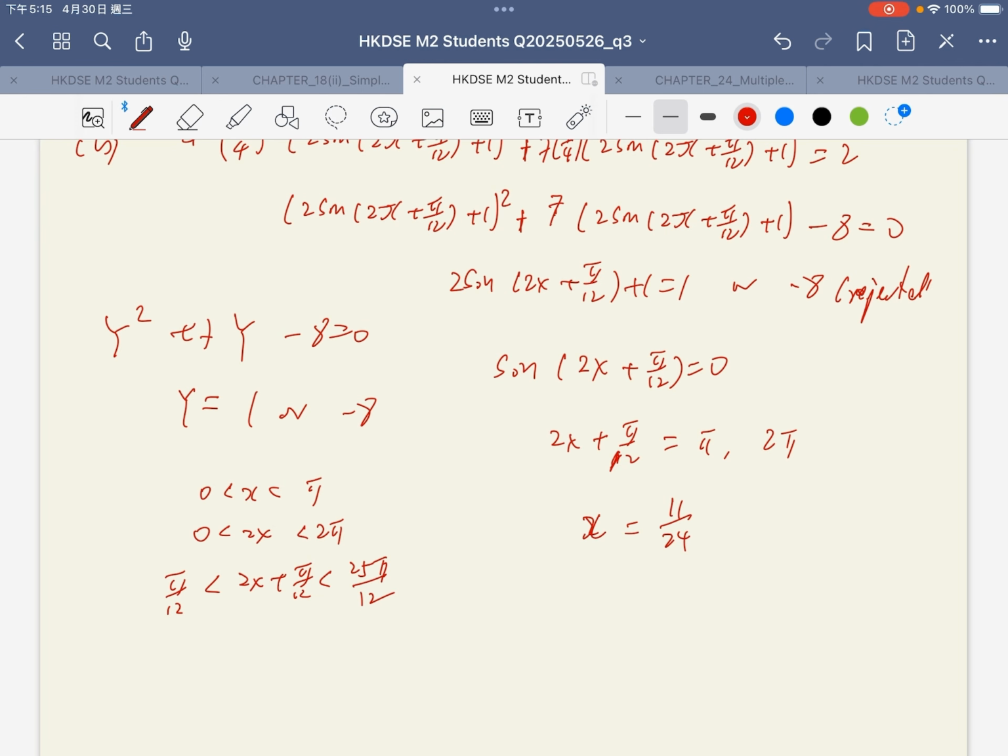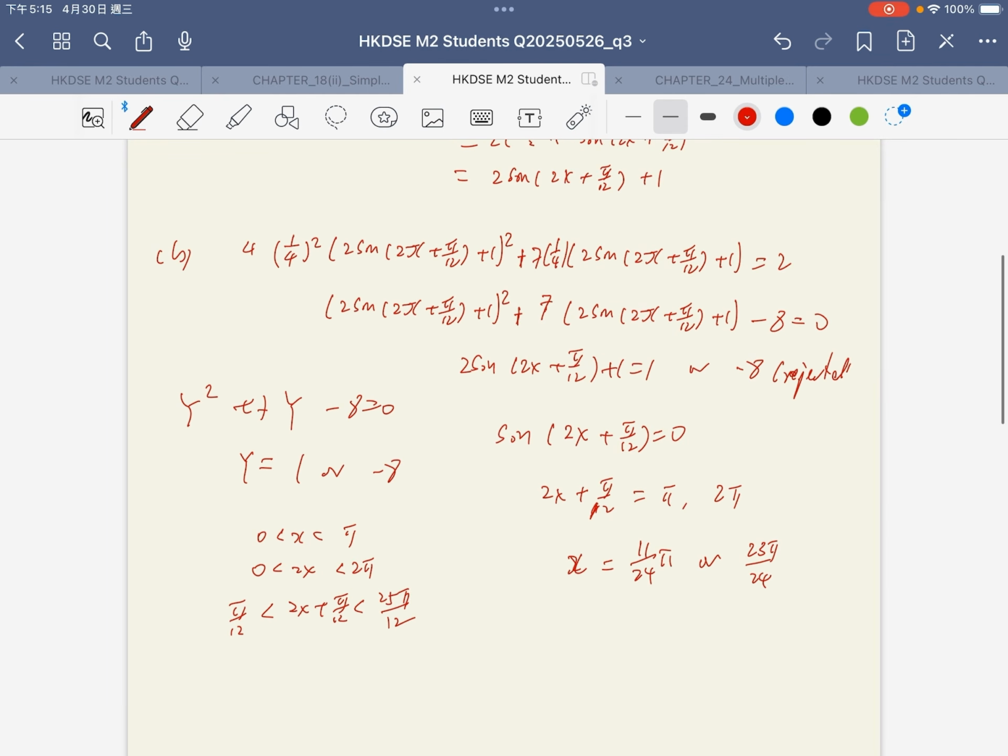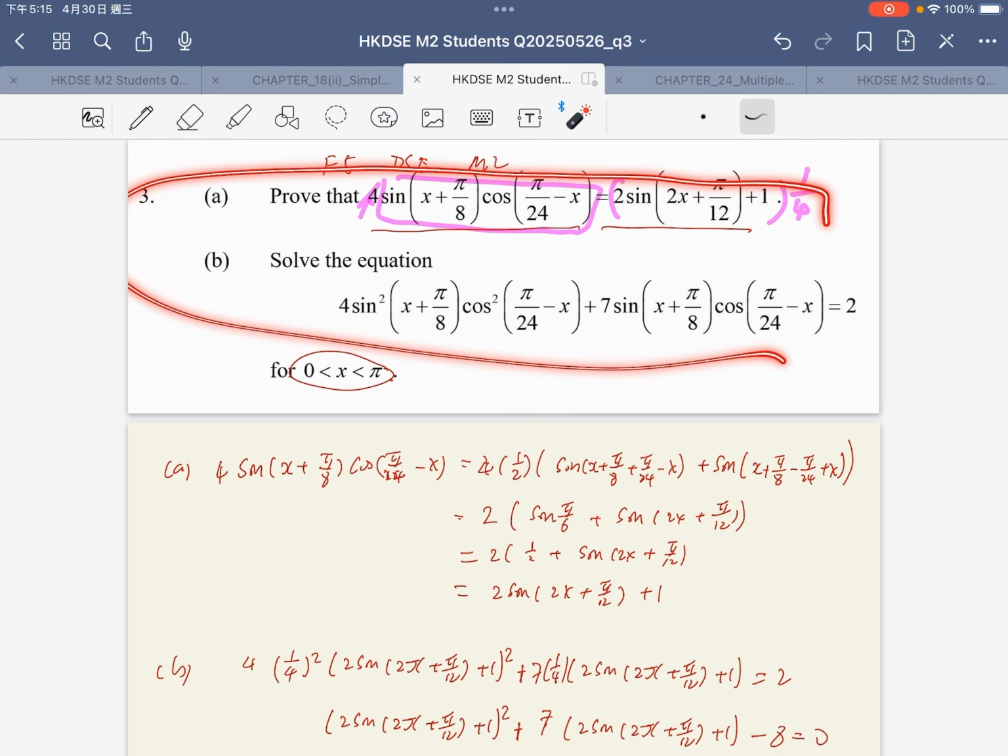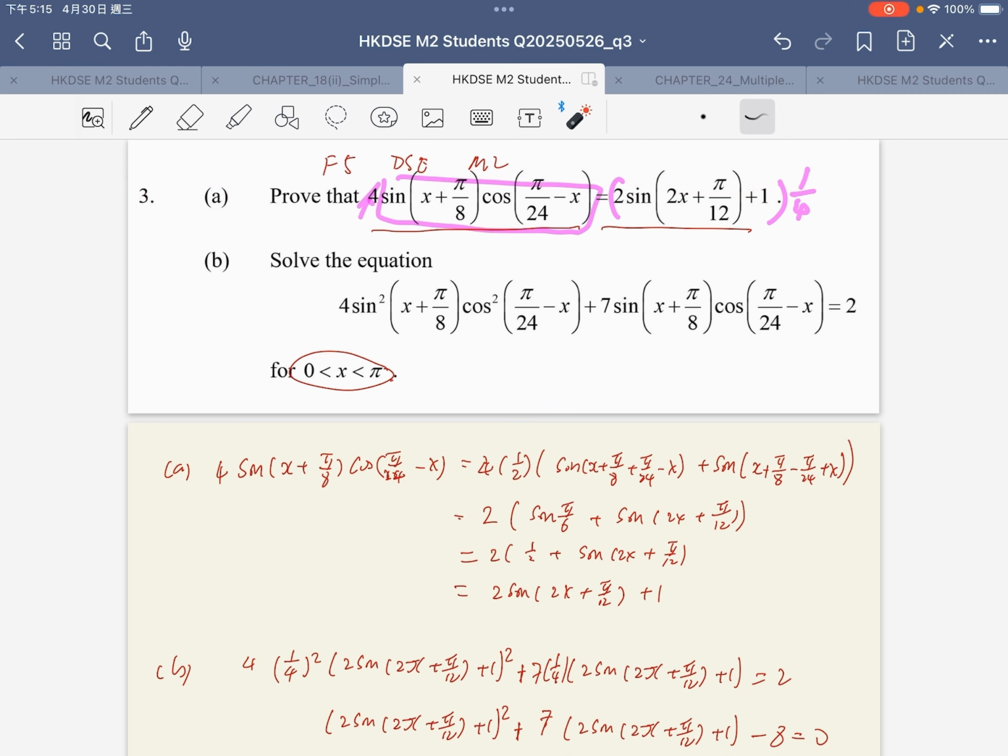It's 11 over 24 pi. The second one is 23 pi over 24. That is the solution of this combined angles, combined trigonometry equation. And I doubt that this trigonometry equation is very similar to the question of this year,